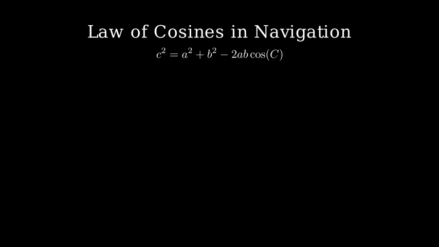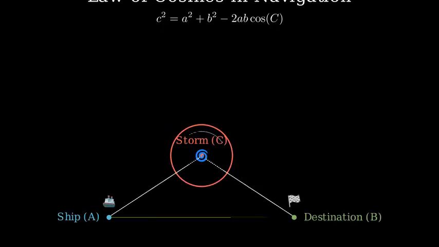Let's consider a ship that needs to navigate around a tropical storm. The ship is currently at point A and needs to reach its destination at point B. However, there's a tropical storm at point C that the ship needs to avoid by staying at least 200 nautical